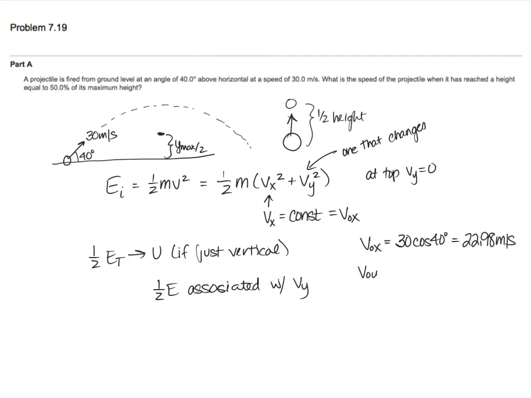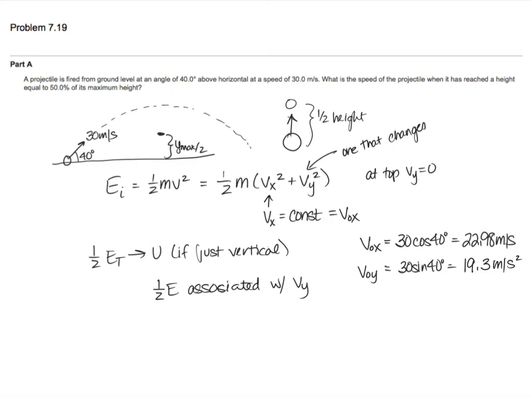And V naught y is 30 times the sine of 40 degrees. And that turned out to be... what was that? I got it. Sorry, I didn't write that down originally. The original V naught y is